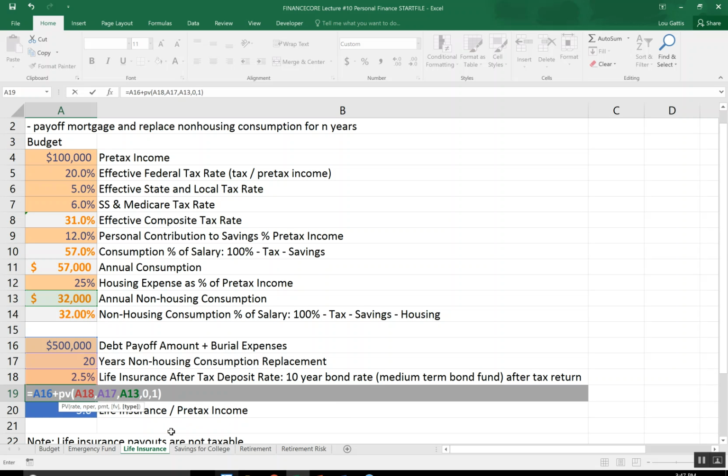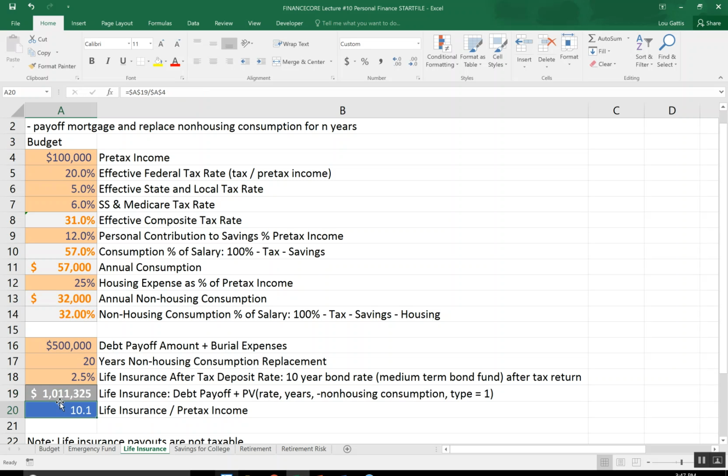In other words, I want to make sure that the surviving spouse is paid immediately. He doesn't have to wait 1 year for her money or his money. I'm going to actually make sure also that the payment is negative because I want that present value to show up as a positive number. All right, when I do that,